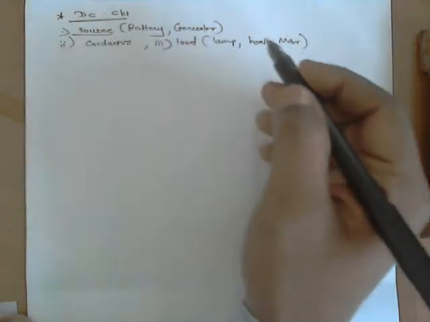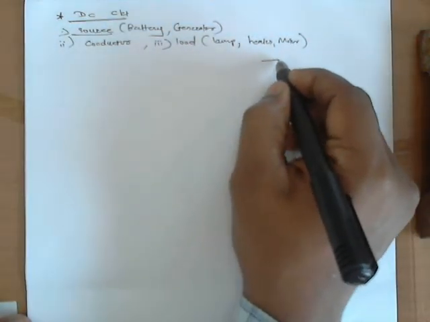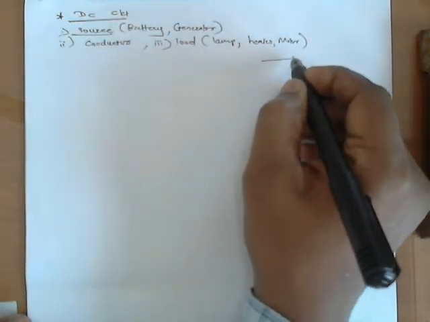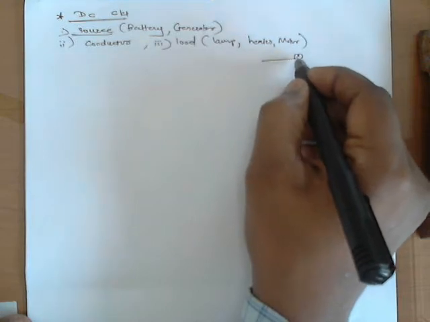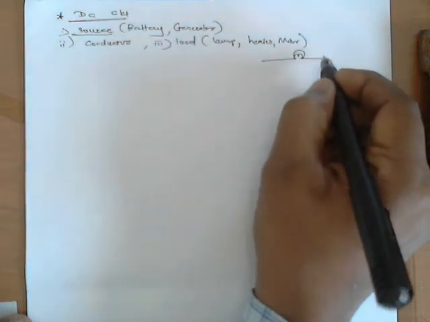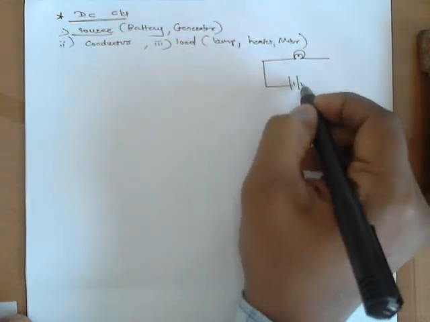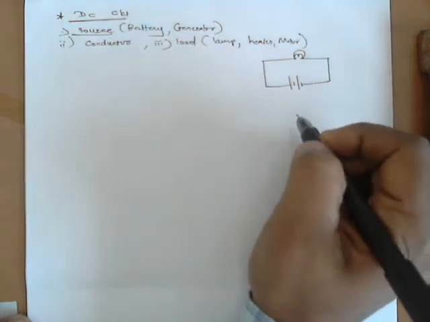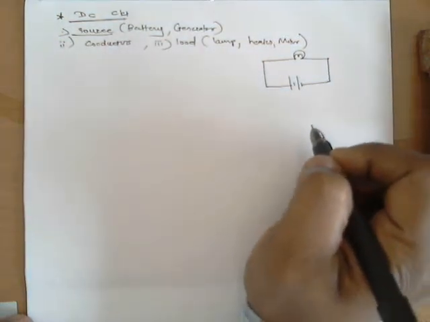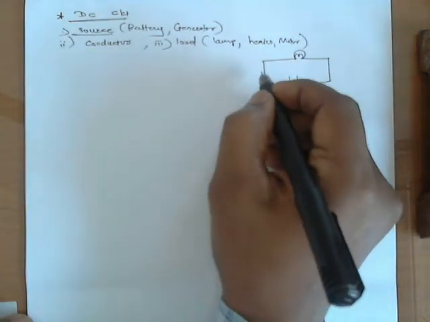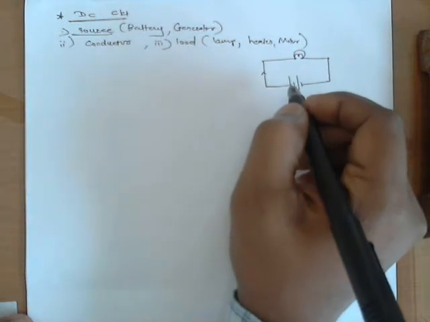If I have to draw a circuit, I can draw like this. Now I will show a lamp. This is the symbol of a lamp. This is how you can see a circuit. Actually, there are elements like resistance and inductance in it, but currently I am showing you a simple circuit.